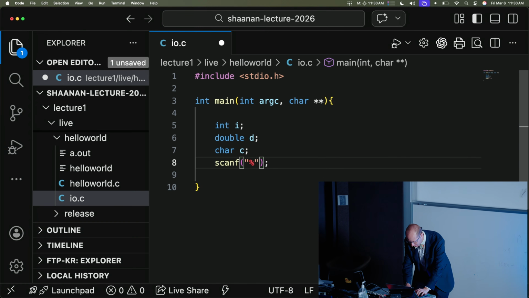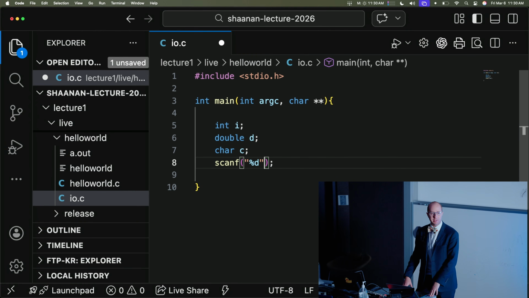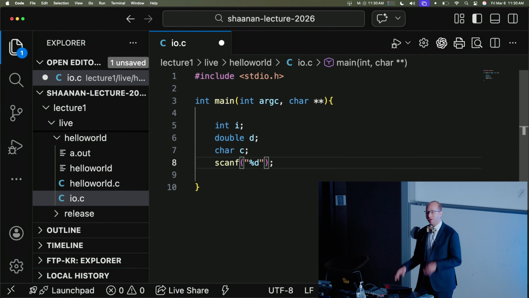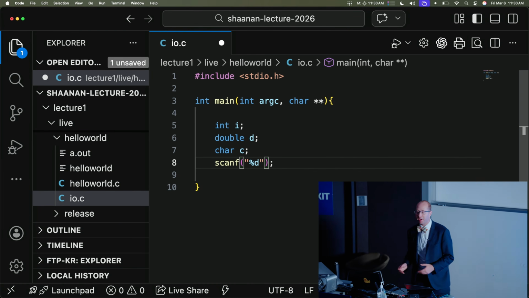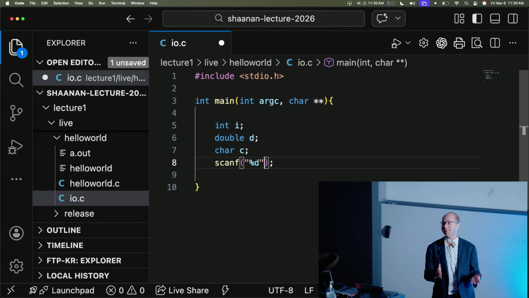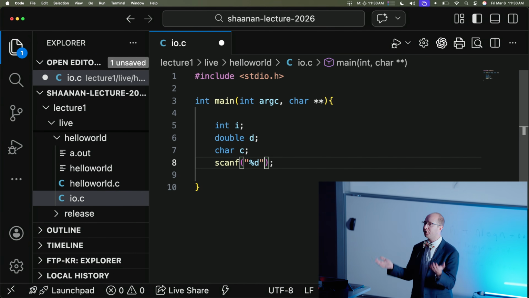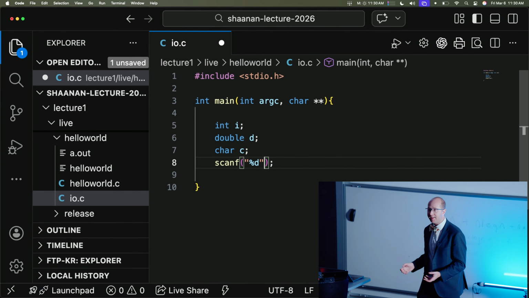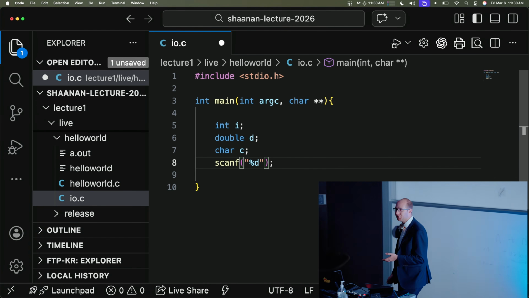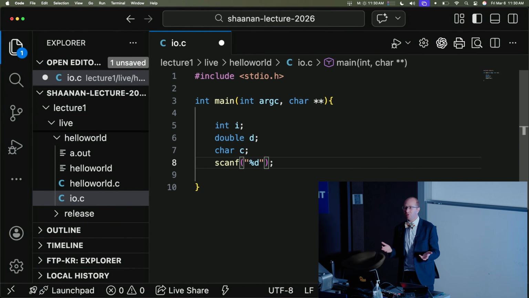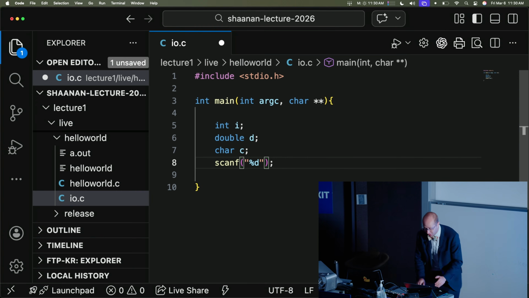It tells the computer what format to put things into or to expect them to come in. And so in this case, if I want to read in an integer, I'm going to use a format specifier inside my format string. And a format specifier is just a fancy way of saying, we've agreed that when you write the percent sign and the letter d, that is going to tell scanf that you're expecting an integer. So in this case, my format string is %d. The %d is also the format specifier for an integer.